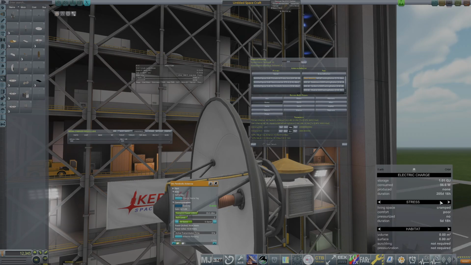So you check the electric charge. Right now the electric charge lasts for 205 days, but you have this active transmission time here, and this is what it reflects. So let's say we're going to transmit now 100% of the time. We can see that the electric charge duration is going down to 160. So in this way you can actually plan beforehand